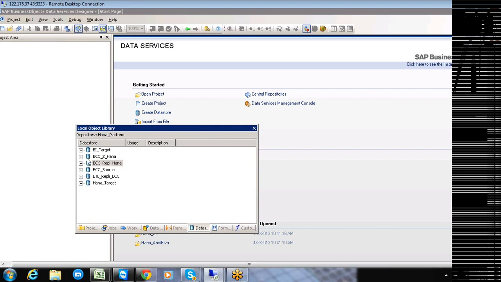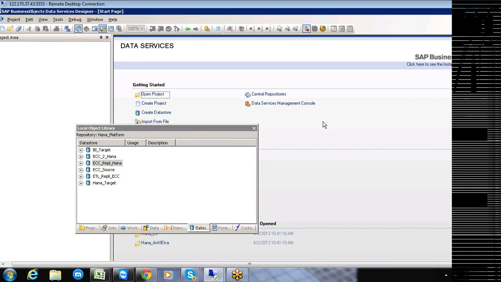One thing I thought of telling you is that these two data sources establish the connection to the SAP ECC system, and along with it your SAP HANA system has also been created. That means we can successfully establish a connection to them.